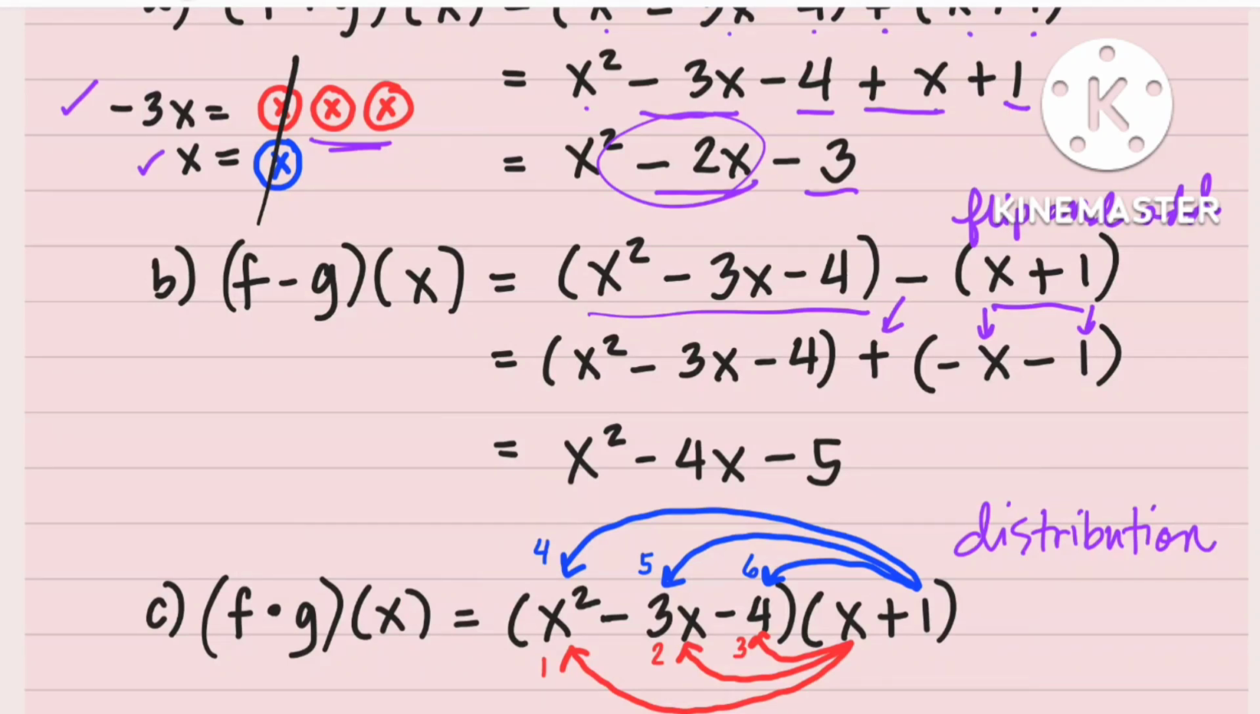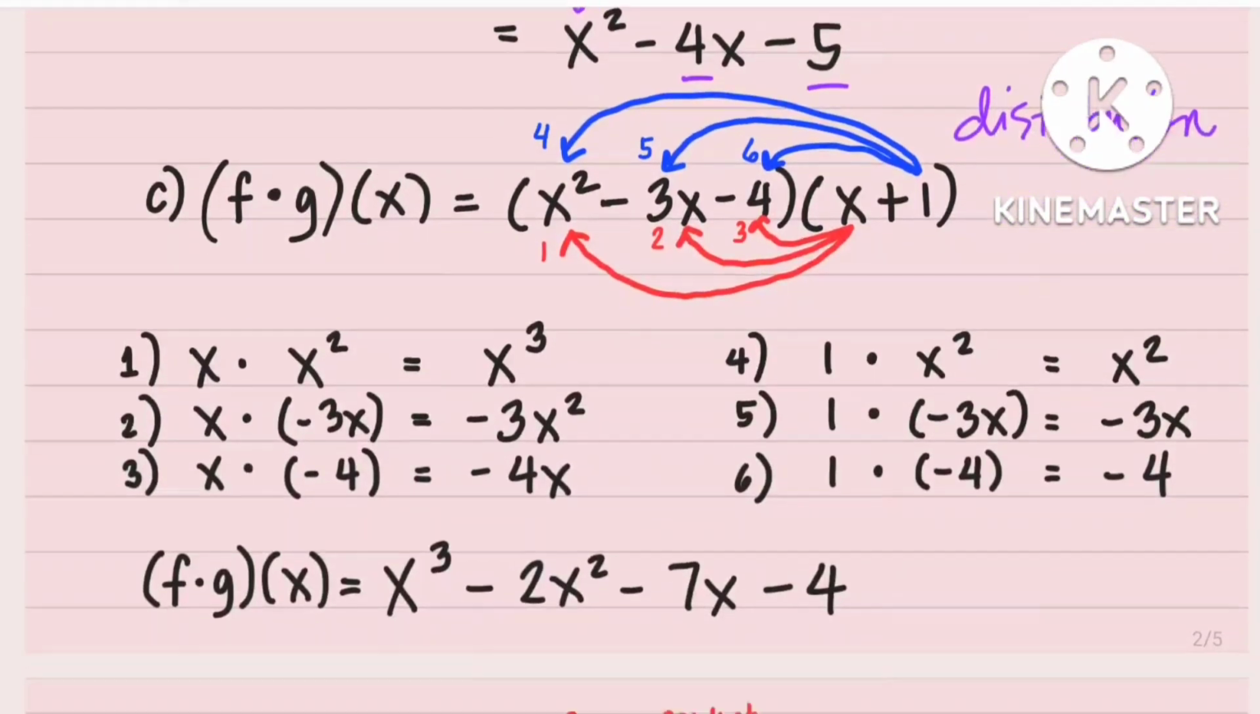Combining like terms, I will just bring down x squared because there's no term that is like it. While negative 3x added to negative x, you get negative 4x. Negative 4 combined to negative 1, that is negative 5. Alright,